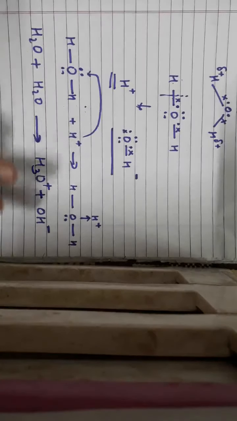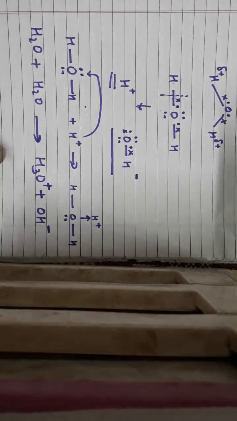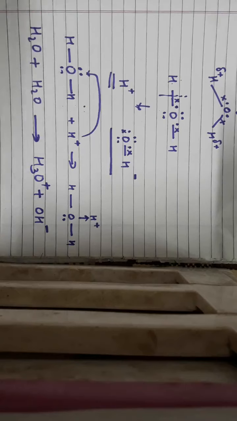With this topic the second chapter is also complete, but one more thing I want to explain is the difference between the properties of covalent and ionic compounds, which is very important because most of the questions are asked on the basis of their properties. If the property of a compound is given, how can you identify the type of bond present or the type of compound it is? That I will explain to you in a short video afterwards.